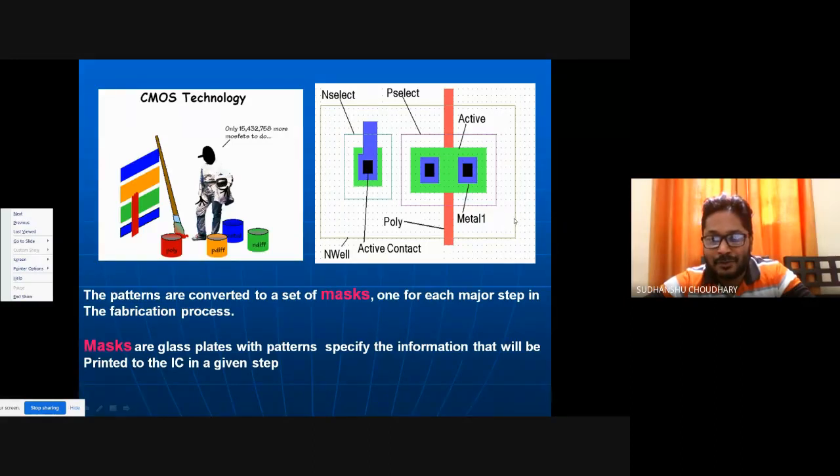So for making the layout of PMOS, this is the background of my layout editor where I will draw the layout, right? The background, that is this white background where you are seeing these dots, is assumed to be P-type.